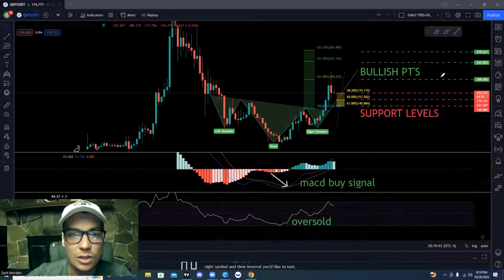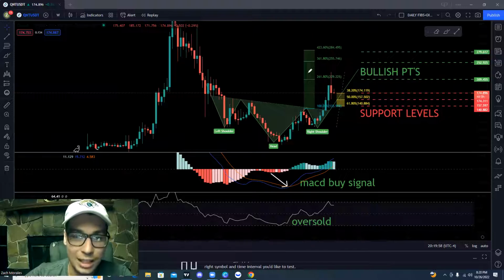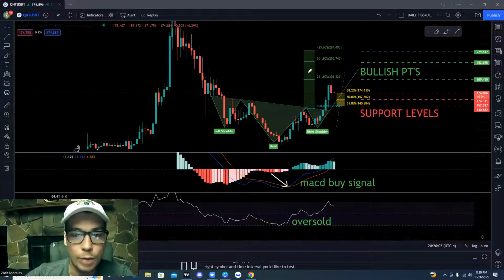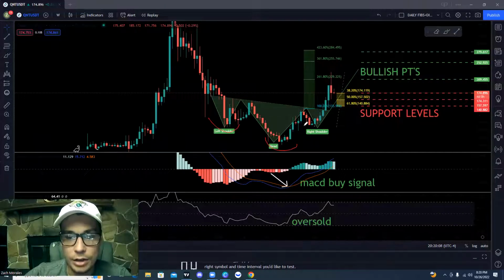I highly recommend starting off on larger time frames, such as the weekly, and then zooming in afterwards. You can use these larger time frames to see the big picture, look for any signals on the higher time frames, and then zoom in and break down the price action on the smaller time frames. So what signals did we have, and what signals could you have used to possibly see and forecast this bullishness? Well, before this inverse head and shoulders pattern developed, that we got a clean neckline breakout of,